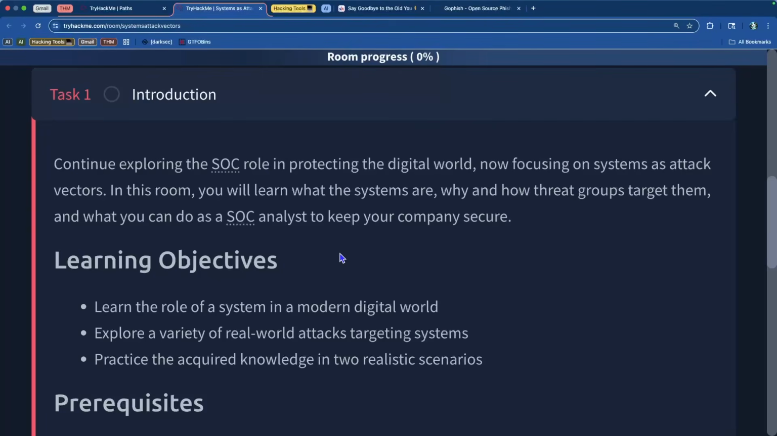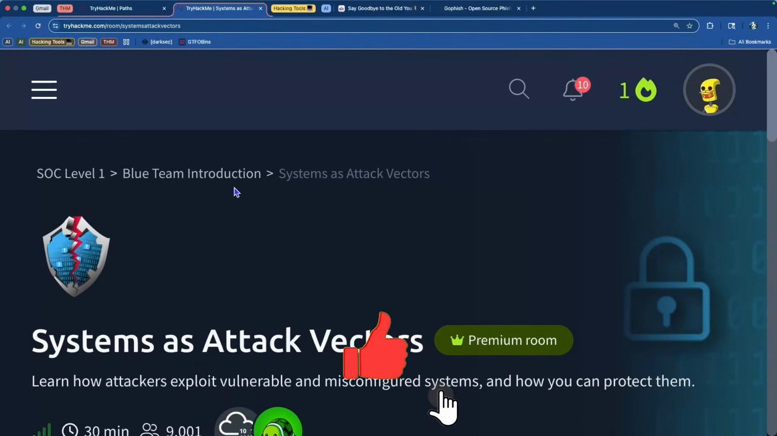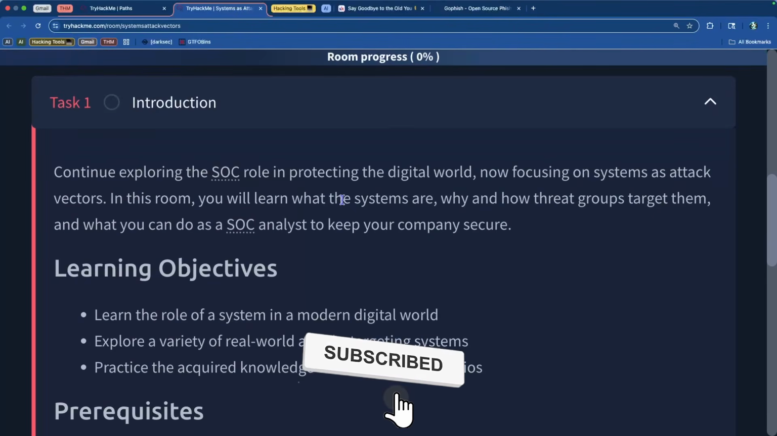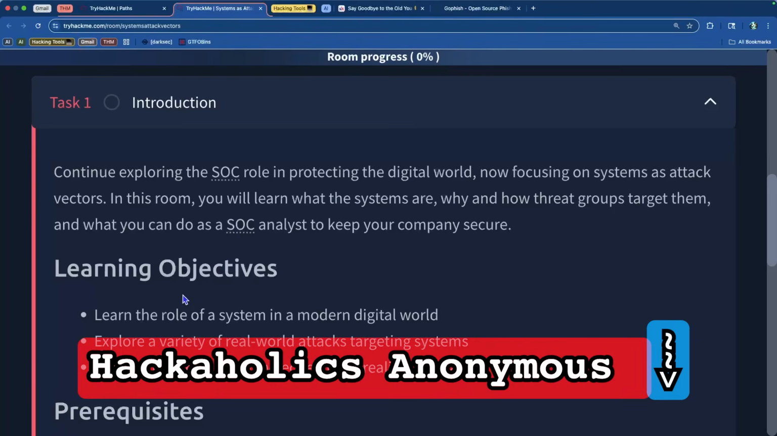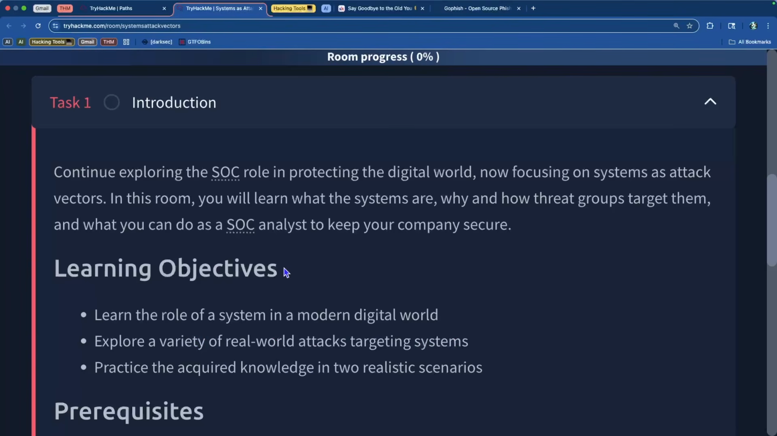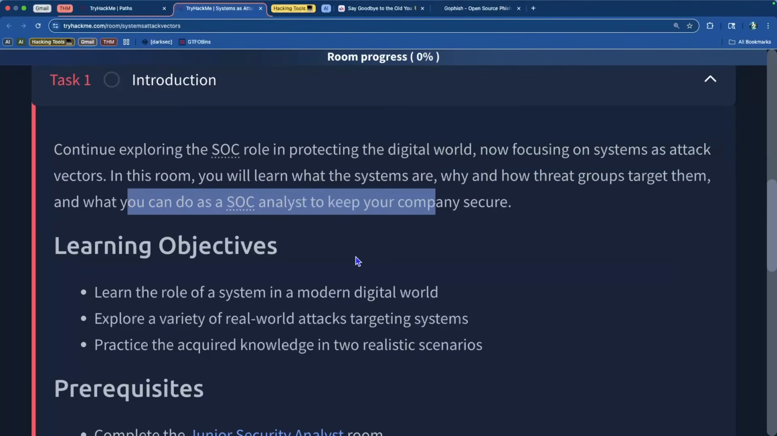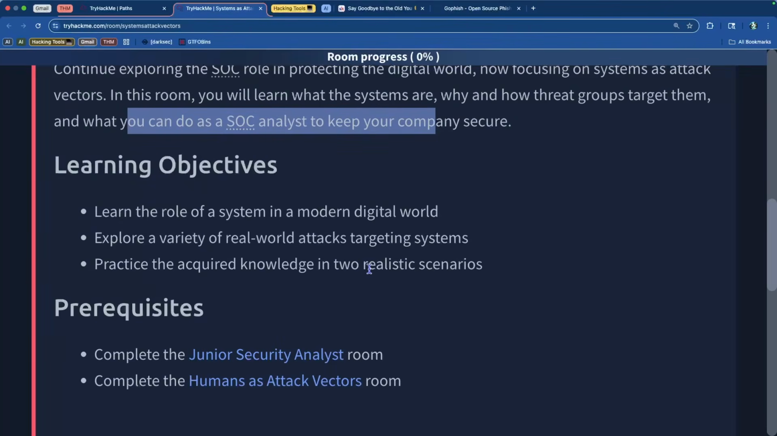So as we wrap our introduction to SOC, right? It's the blue team introduction actually. As we wrap our introduction to the blue team and we wrap up this specific room, which is going to be a part of that module, really all we're doing is reviewing other concepts that we've talked about previously in this module, basically in the last couple of episodes, and finalizing it and wrapping it up with the hacking and protecting of systems. So these systems that are used as attack vectors and what they are, why and how threat groups actually target them, and what you can do as a SOC analyst to keep your company secure, to keep yourself secure, honestly,